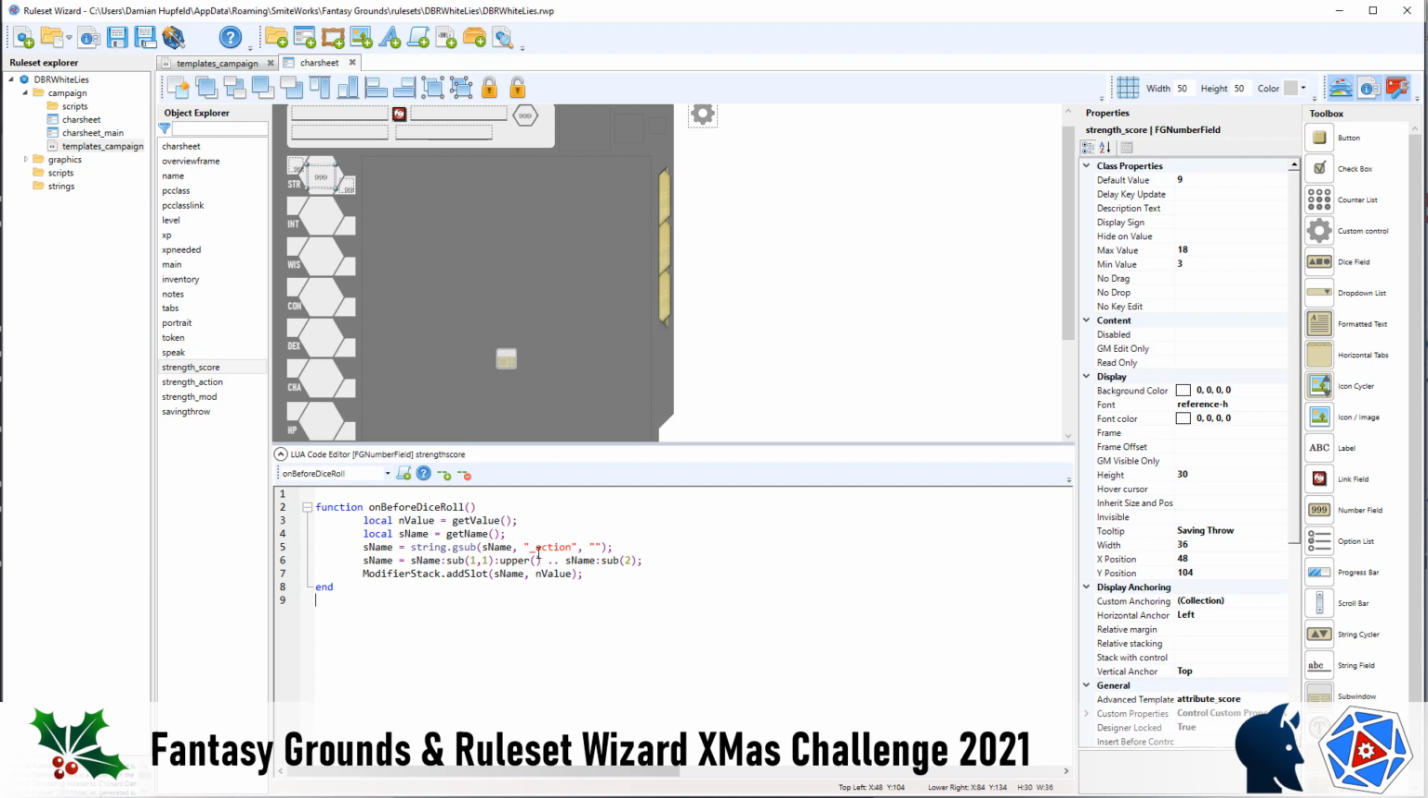Name is going to be, now we don't want to get the value of this field. What we actually want to do is, we're going to mess this one up a little bit. We're going to start with the name. We're then going to do all of our string manipulation on it, and this field here is actually called score, and we also need to get our modifier, mod